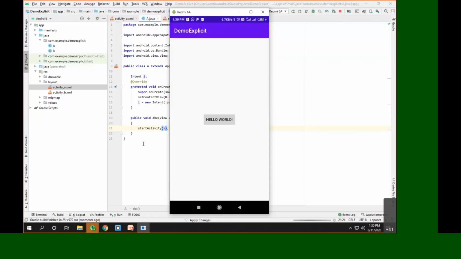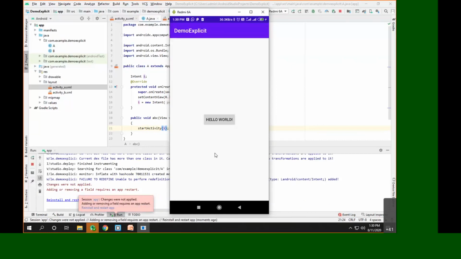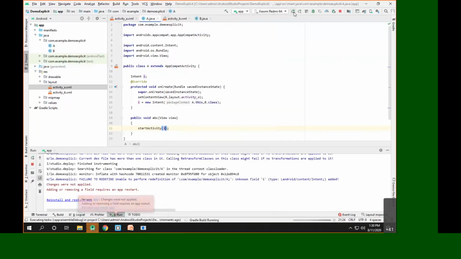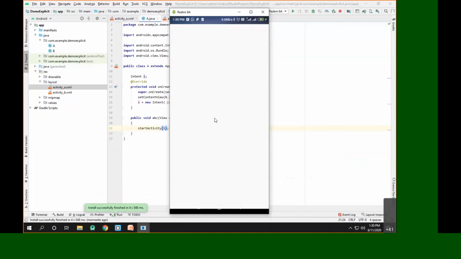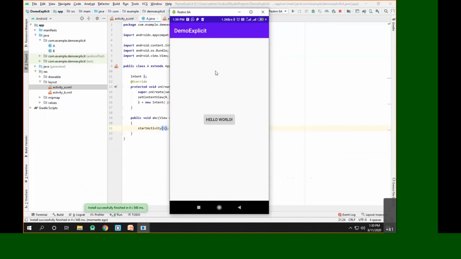And once the project is built, it will launch. Yeah, it is saying changes are not applied, so let me rerun this. It is installing the application again and launching it again. Once it's launched, you can see activity A is now visible. Now once I click on this button, you can see it will launch activity B. This is what we call intent communication.